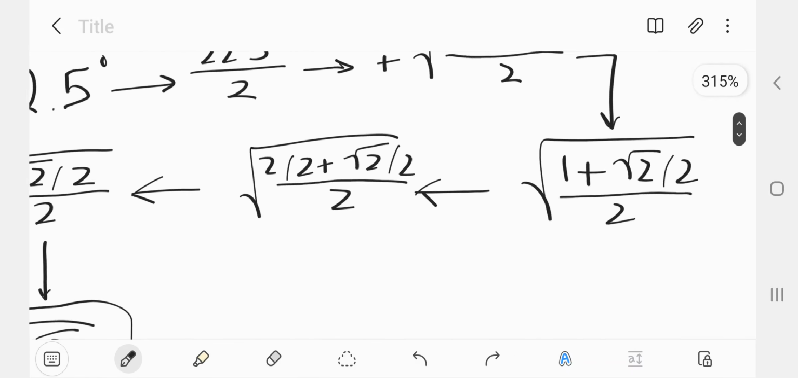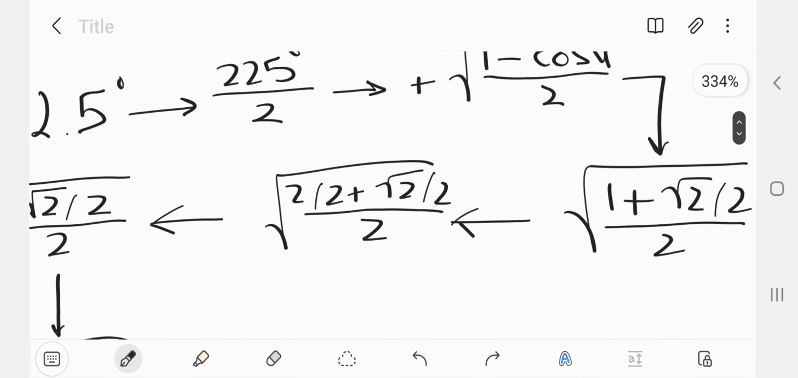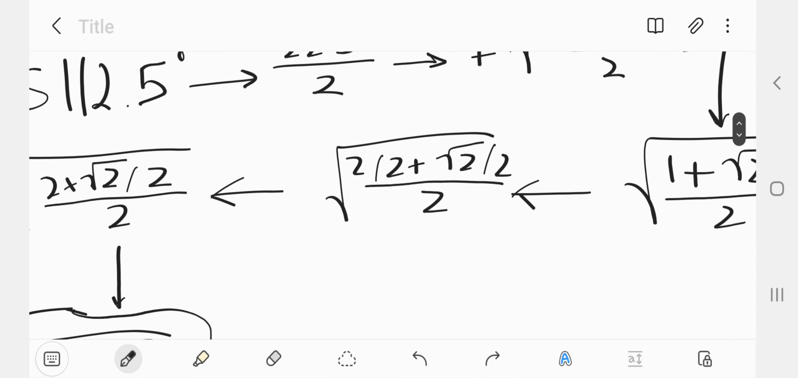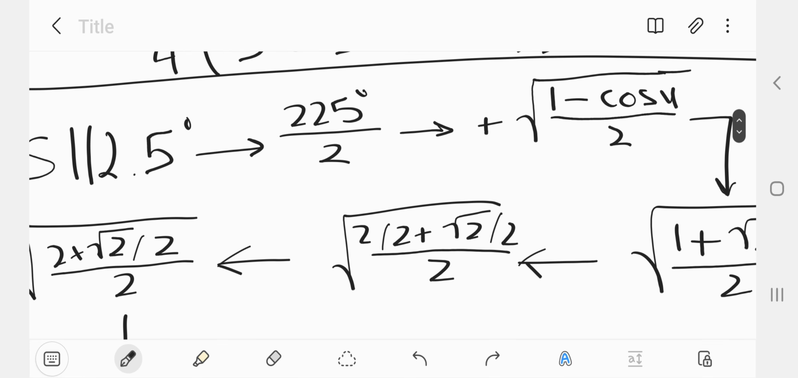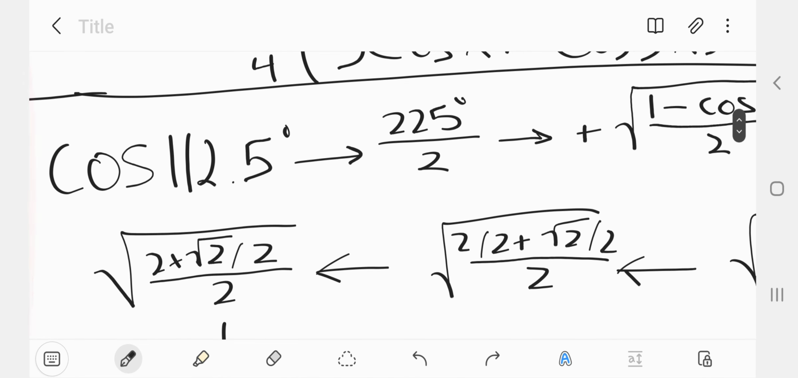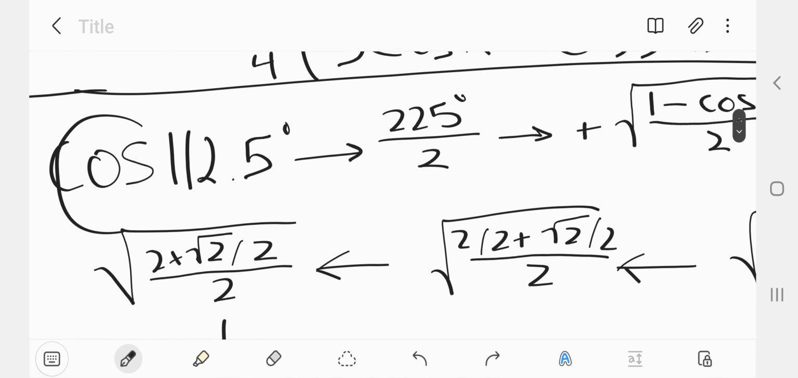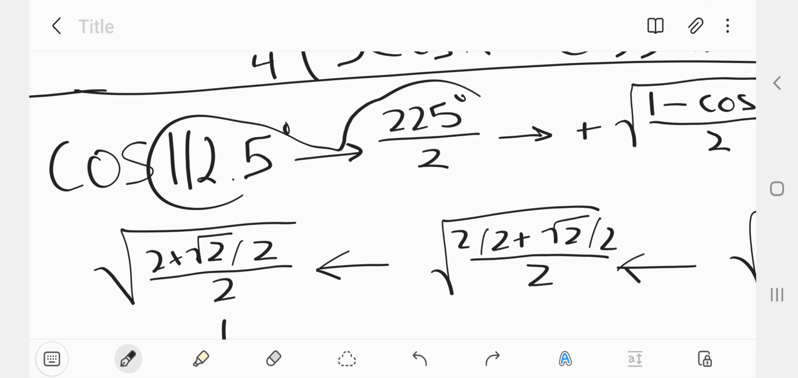What I didn't write here, however, is that throughout this entire problem, it will be plus or minus. So this is in reality plus or minus. Now, how do you decide whether it is plus or minus? Well, you have to look at the sine, or whatever. In this case, it was cosine, correct? So you have to look at cosine of that angle and see